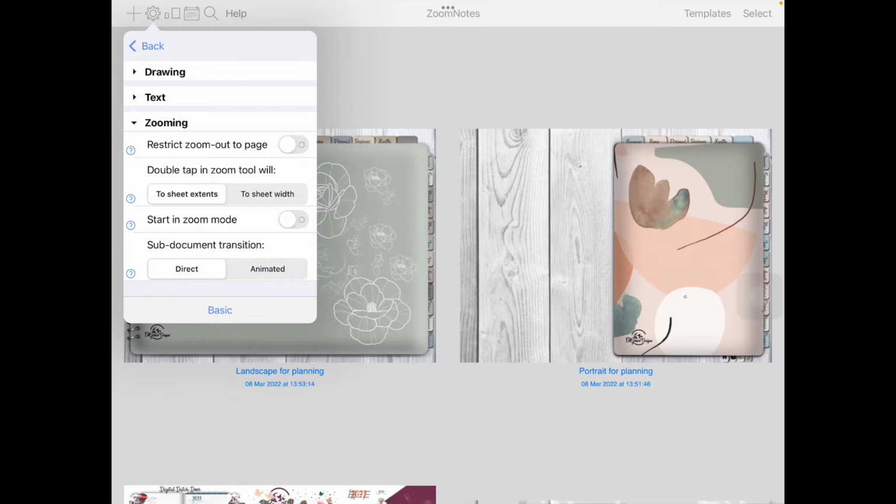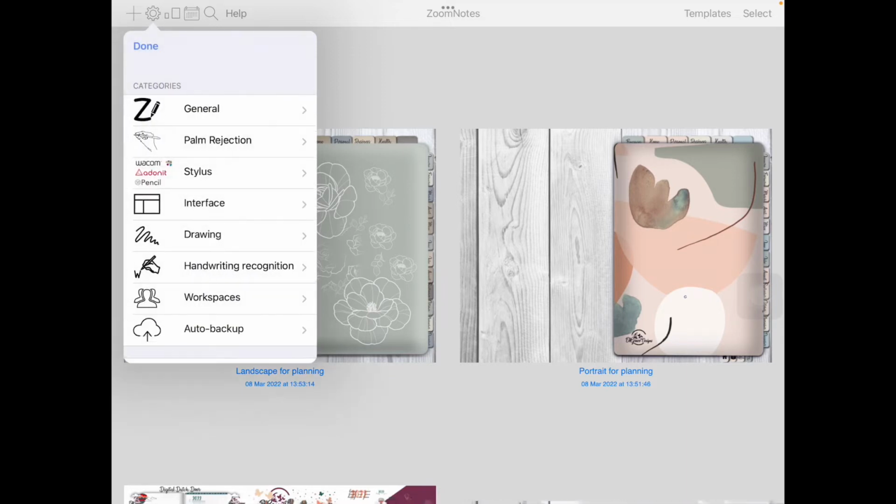And then my sub-document transition, I like it direct. You can have it animated, but I prefer having my sub-documents be direct, to take me to the page directly when I click on them. Okay, and then we're going to go to